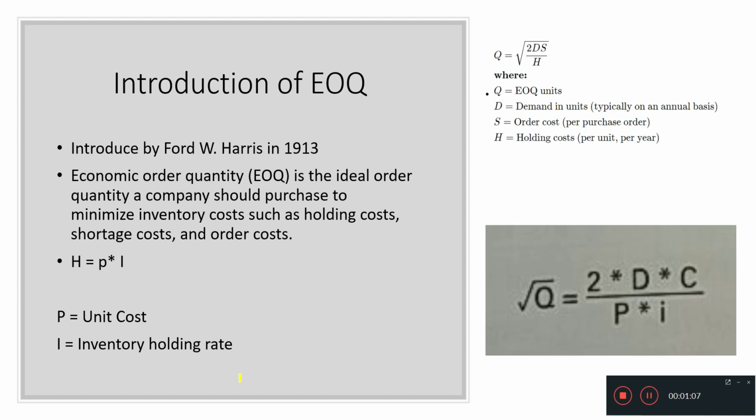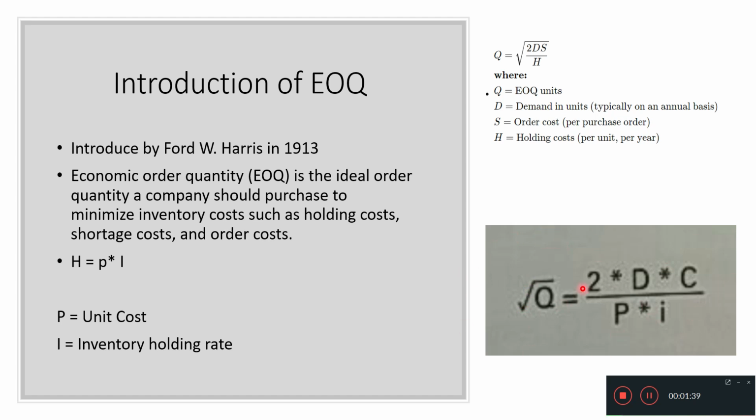And the formula is where Q equals the square root of 2 times D times S over H. And also the holding cost H can be calculated by multiplying the unit cost and the inventory holding rate. So the formula can vary as this one,